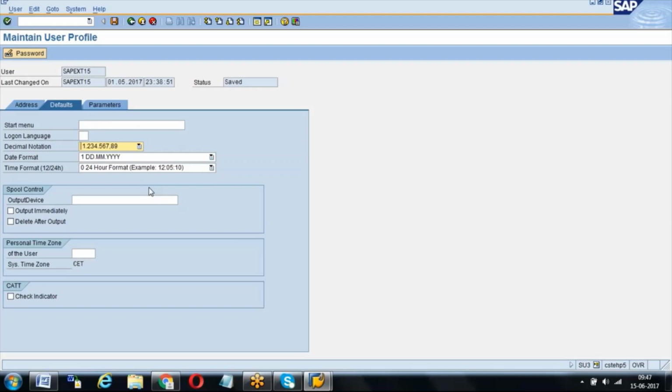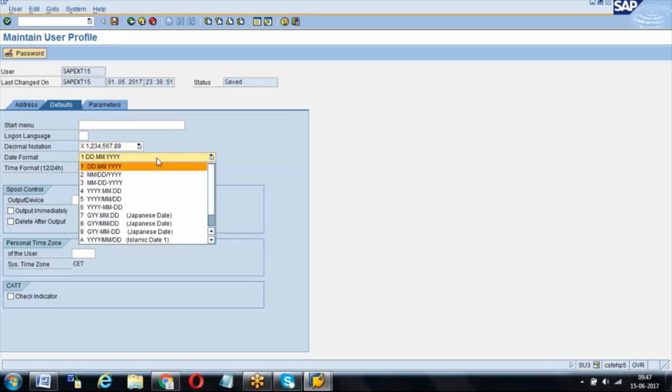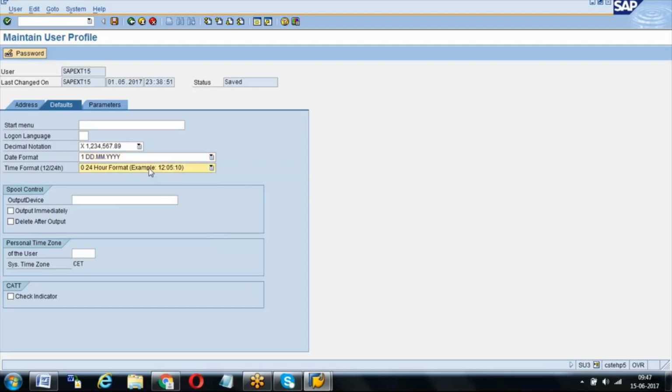If you want to see your system details, we have decimal, right? This is Indian, this is not Indian, this is some US kind of decimal notation. Indian decimal notation will be this one, X. And what kind of date format you want, according to your country, you will keep the date format. And the 24-hour format, some people use 12-hour format. These all we change here, it is applicable to the whole SAP, right? For your user ID, for me my user ID. For your user ID. ME56.